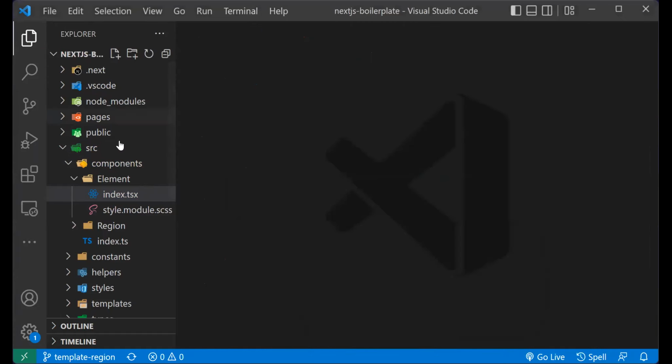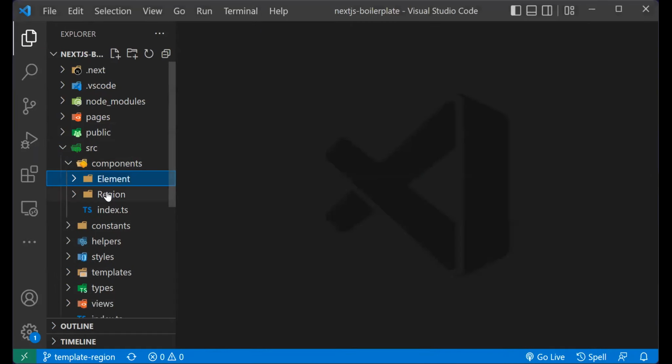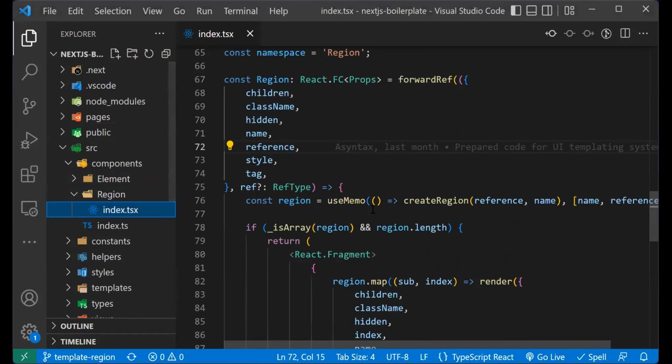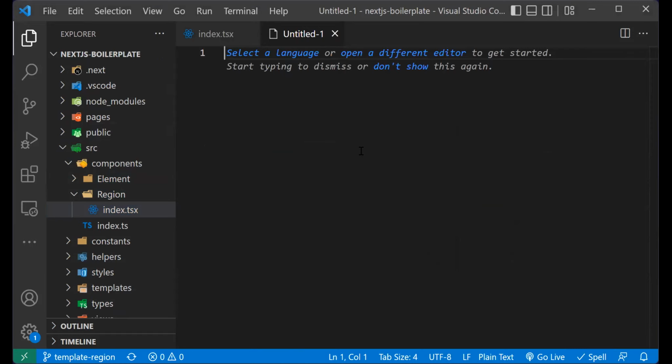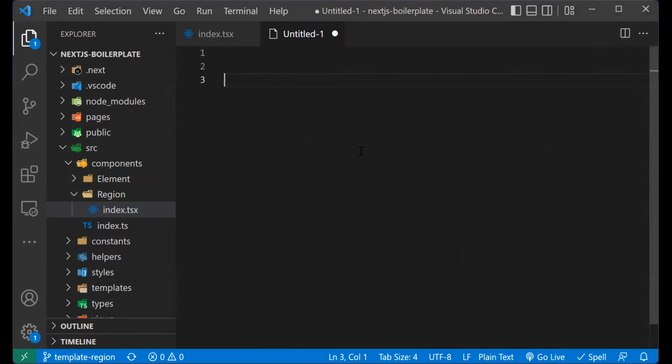Don't save. Now we covered element. We now could cover region. The region's sole purpose is to create regions within any other components. So what it does is, let's say you have a component that's called anything other than